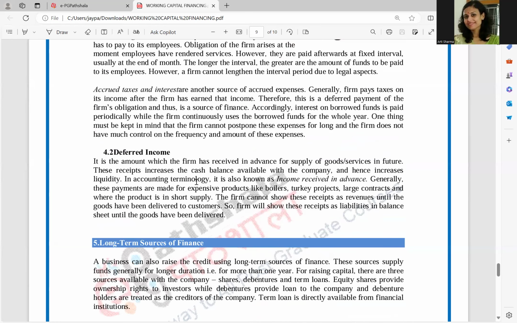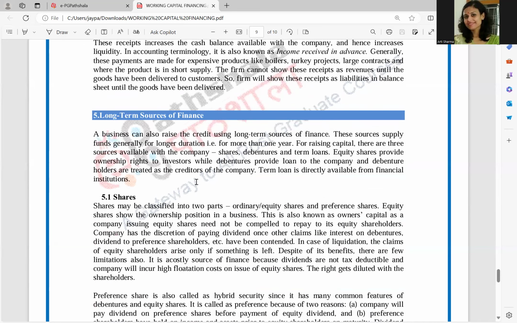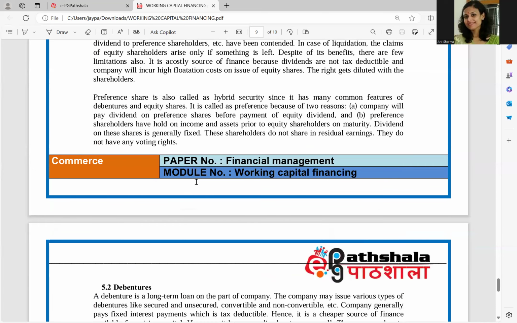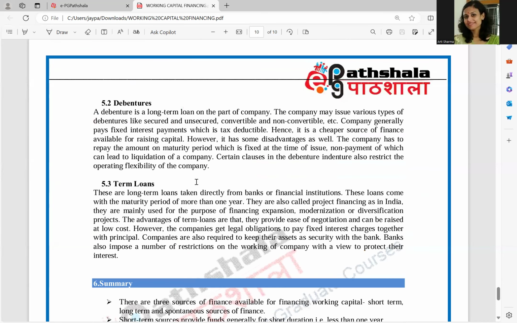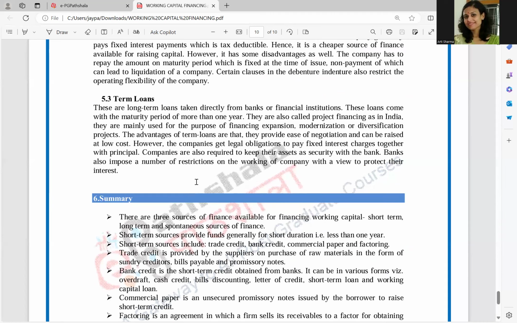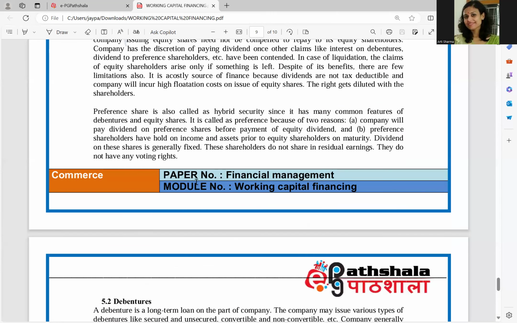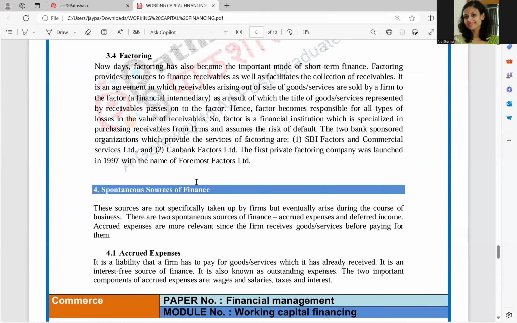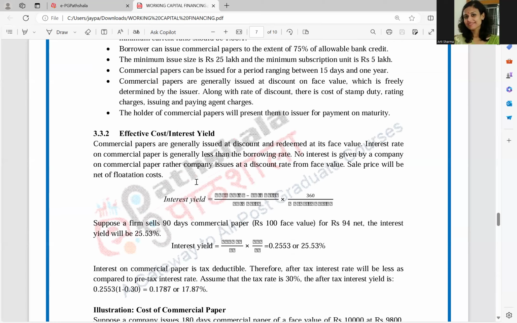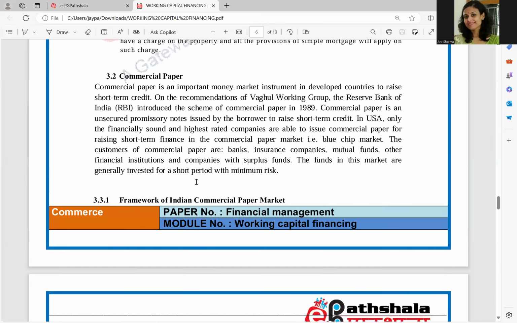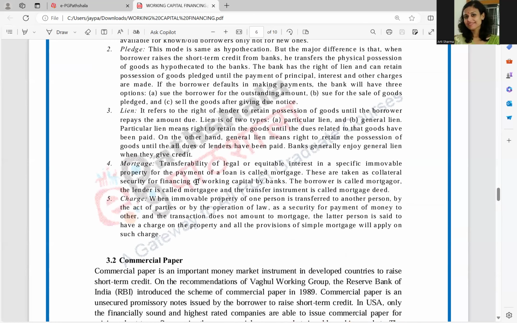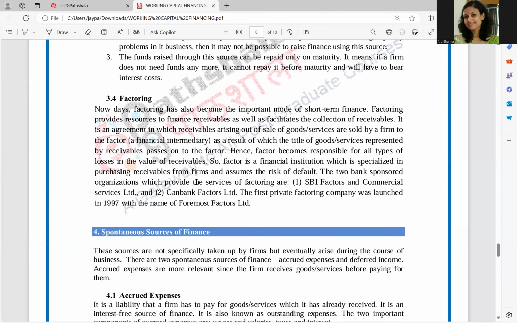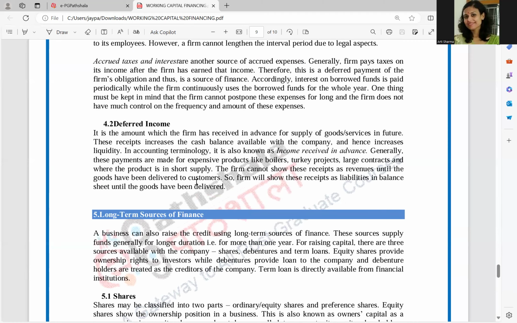Now, this working capital requirement may be financed by long-term sources also, like shares, both equity as well as preference shares, debentures, term loans, or long-term loans, you can say. But most of the short-term requirements of working capital are financed by short-term sources such as commercial papers, bank credits, trade credits, spontaneous sources such as accrued expenses and deferred incomes, and a very small portion of working capital is financed by long-term sources such as shares,